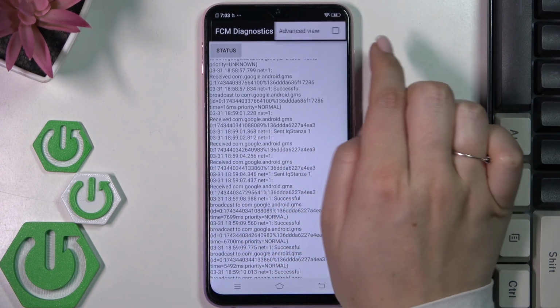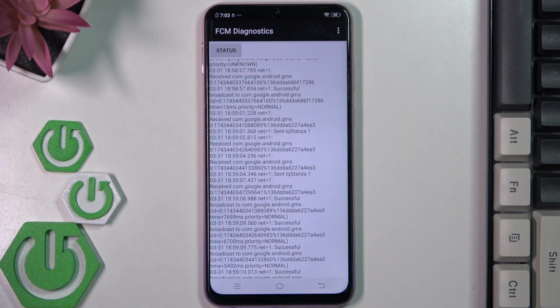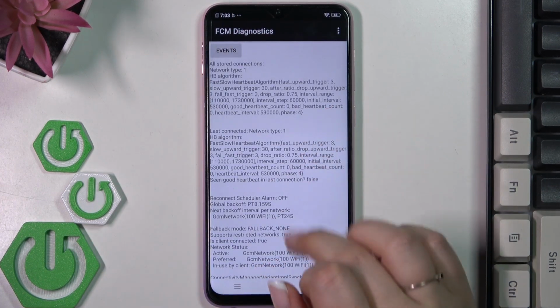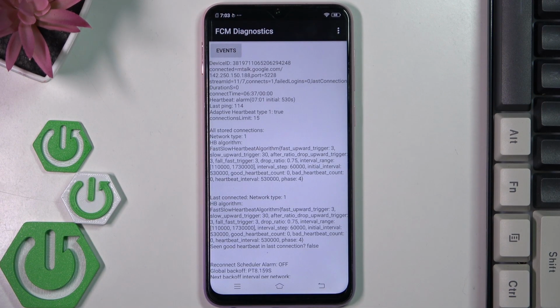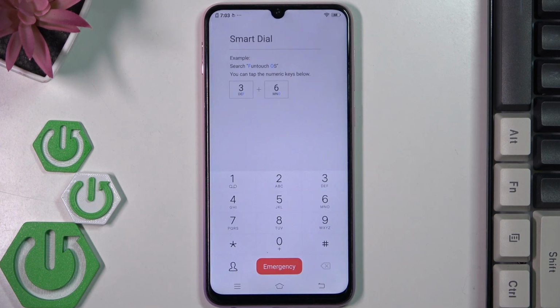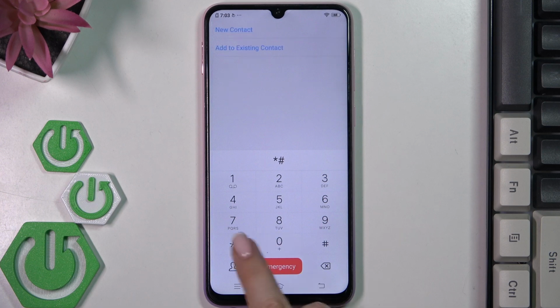After tapping on the three dots icon, we can show advanced view. Just tap on it and tap on the status, and here we've got much more information. So for example, the heartbeat, last ping, or HB algorithm. Let's go back and the last code for today's video, which is